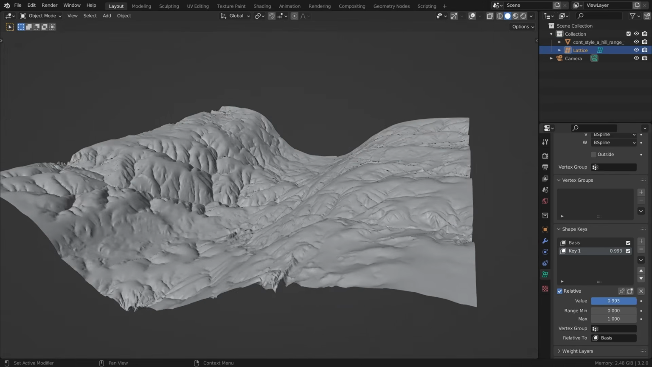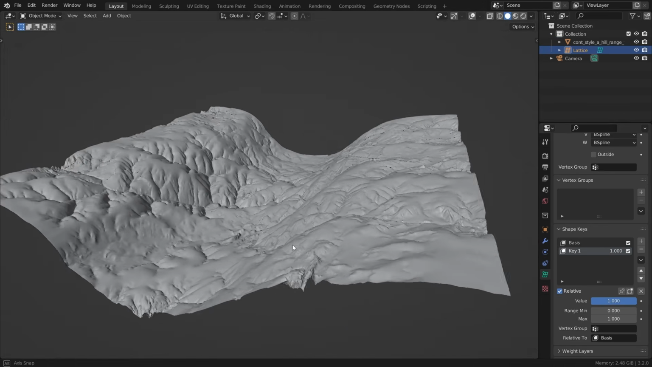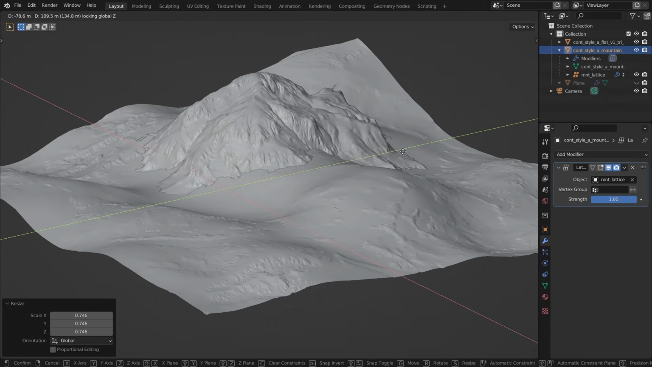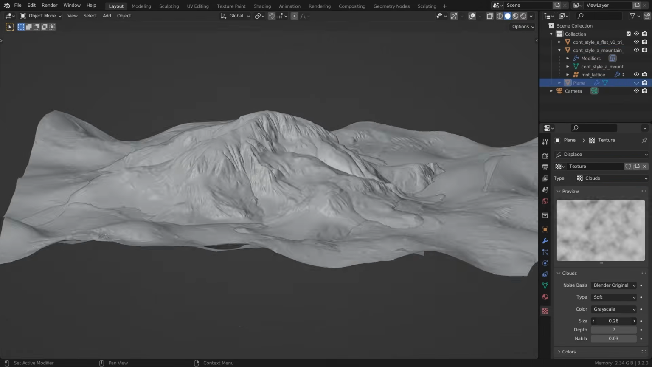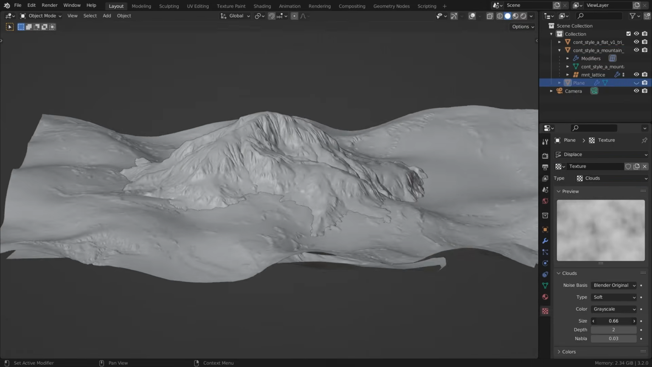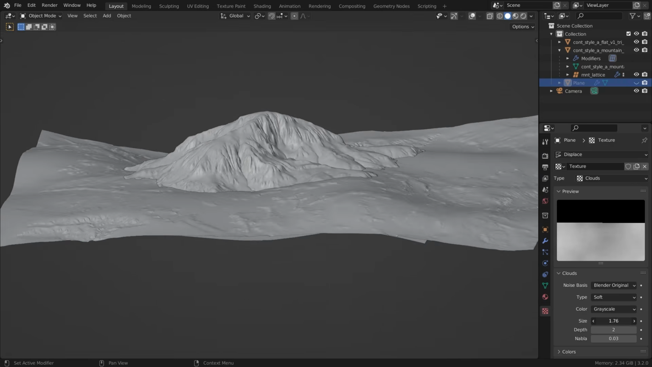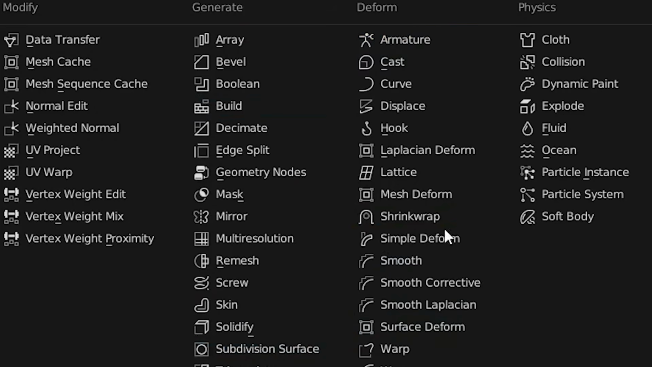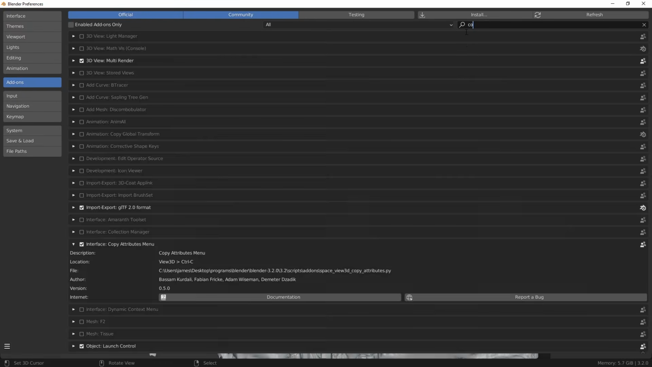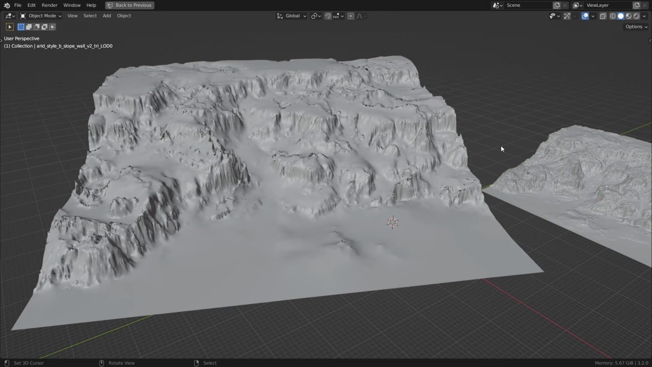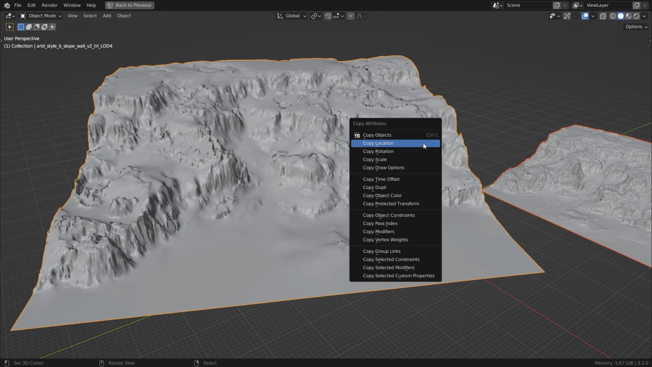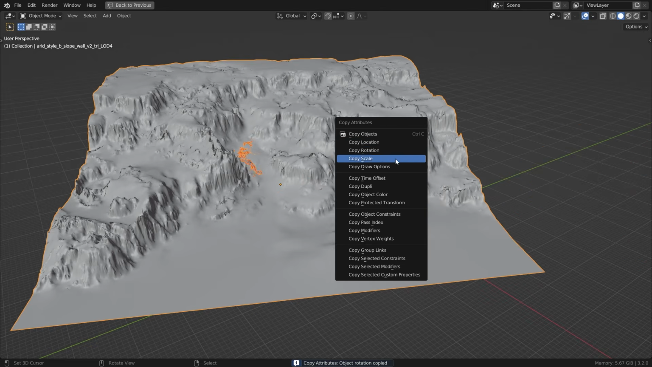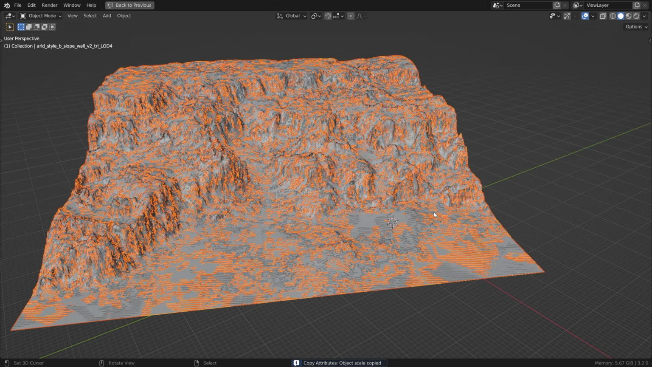There are so many other options you have to choose from. You can use shape keys with lattices, vertex groups in conjunction with shrink wrap and lattices, control multiple landforms with a single lattice. And of course, there's all the other modifiers. And if you want to switch out one LOD for another, you can use the Copy Attributes menu add-on to copy the location, rotation, and scale data of one and copy it to the other. As you can see, there are a lot of options when it comes to manipulating the geometry of your landform